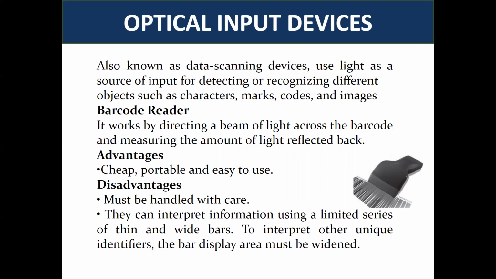So barcodes are adjacent vertical lines of different width that are machine readable. They are available at supermarkets and on books, if you see. So they use the barcode for identification. Basically, barcodes are read using reflective light by barcode readers. This information is input to the computer, which interprets the code using the spacing and thickness of bars. Handheld barcode readers are generally used in departmental stores to read the labels and in libraries to read the labels on the books.